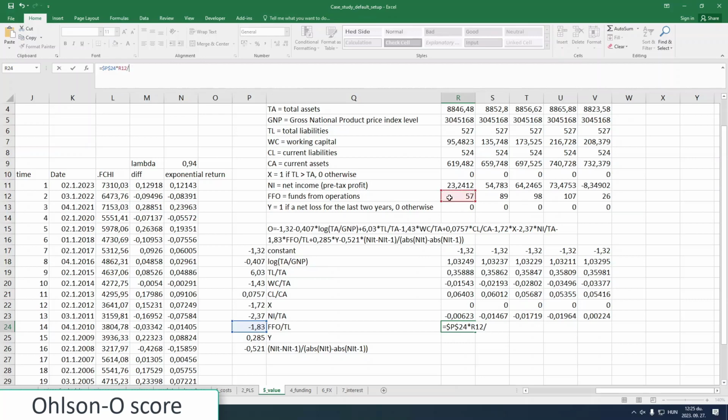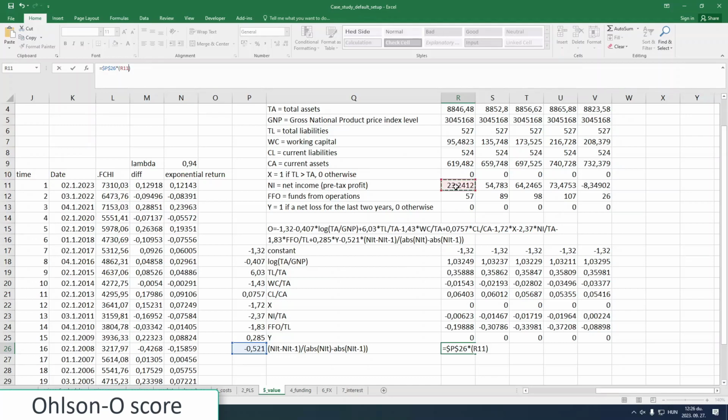FFO divided by total liabilities. And this number is also multiplied with a huge zero. Oh, I hate this part. So we need to multiply a huge bracket. Okay, so right now, net income minus the previous net income,